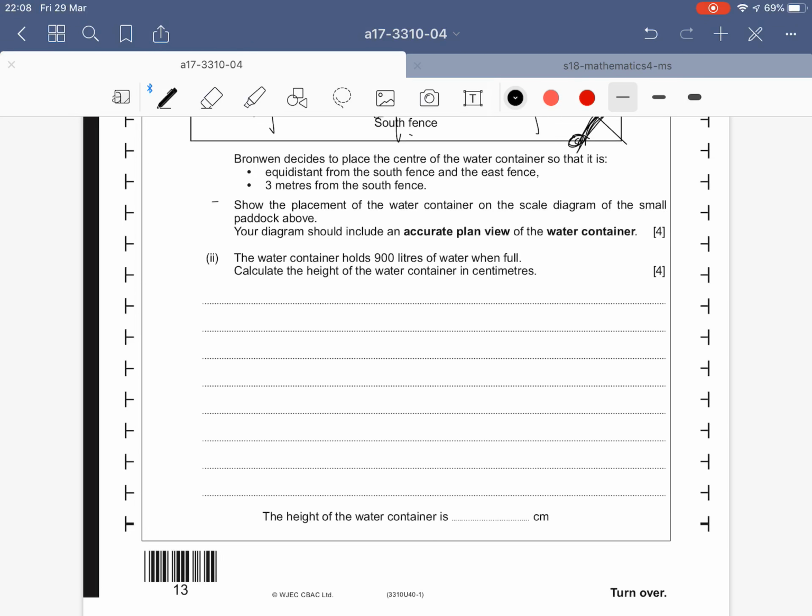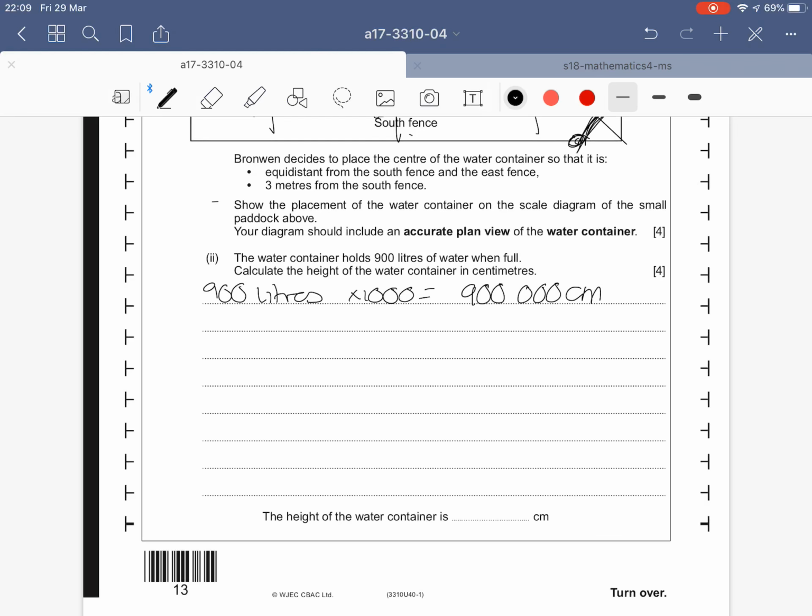Right, the water container holds 900 litres of water when full. Calculate the height of the water container in centimetres. Right, so they've told us the volume of the cylinder basically, but they've given it to us in litres. So we know 900 litres as a volume, we would change that into centimetres cubed. So we need to times that by 1,000, because there's 1,000 centimetres cubed in a litre. So if we times that by 1,000, we'll get